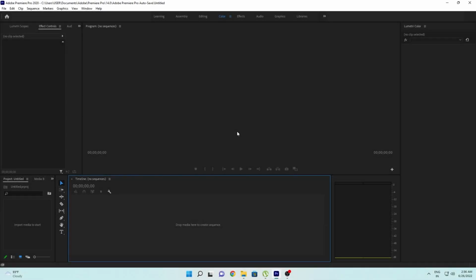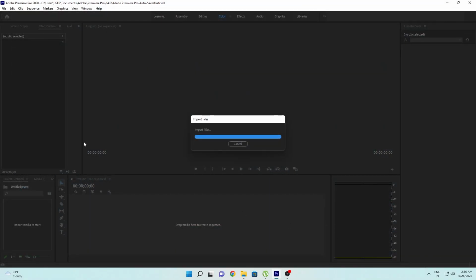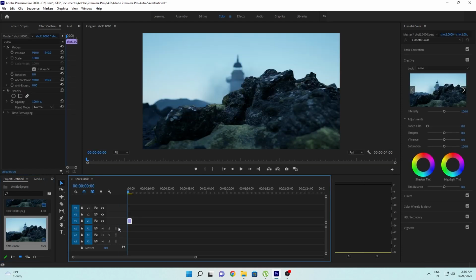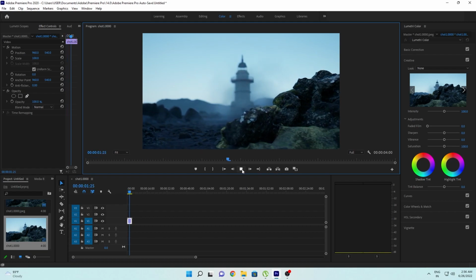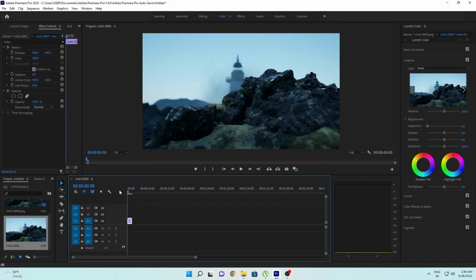Just open up any video editing software. I am using Premiere Pro here, so I will go to project setting and double click here, and just open the folder that JPG sequence is exported, and select the first frame, click on this image sequence, and just open it. So our sequence is imported, and simply drag and drop this into your timeline, and if you play this you will get a video. And to export this in a video format, simply press Ctrl M,